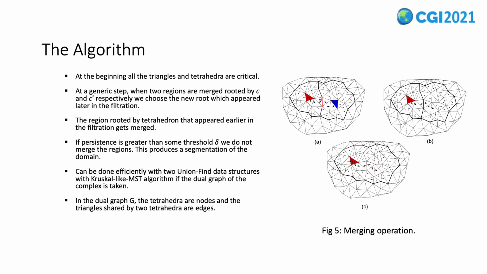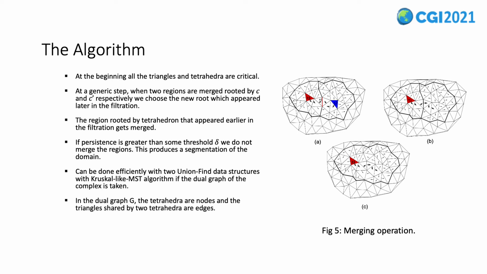Consider a triangulated three-manifold without boundary. At the beginning, all the triangles and tetrahedra are critical because there is no V-path. At a generic step, when two regions are merged, rooted by C and C prime, two tetrahedra respectively, we choose the new root which appeared later in the filtration. The region rooted by the tetrahedron that appeared earlier in the filtration gets merged. If persistence is greater than some threshold delta, we do not merge the regions,